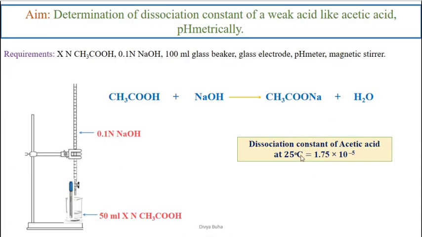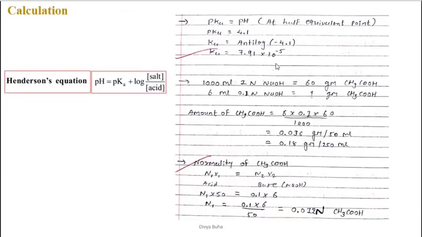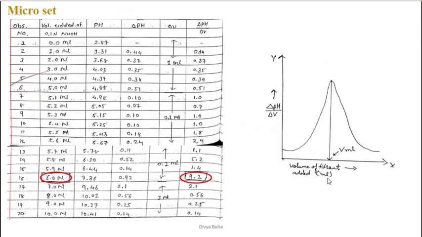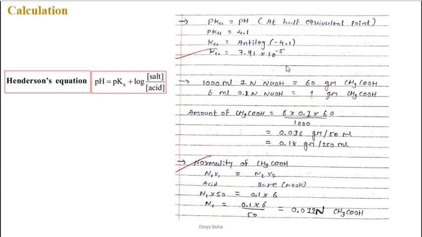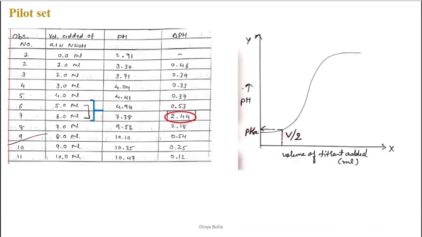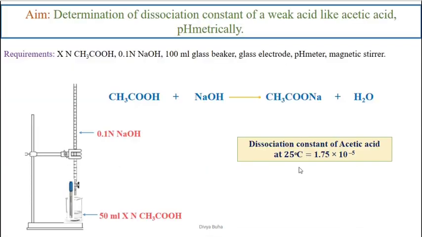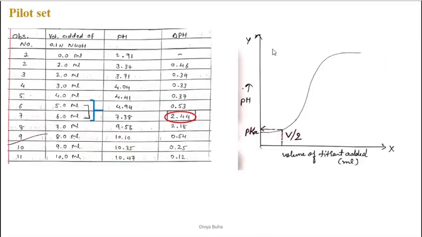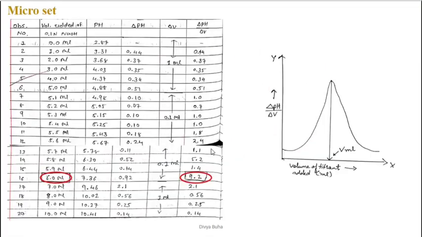Over here the standard value at 25 degrees Celsius is 1.75 into 10 raised to minus 5. So both of these values are in 10 raised to minus 5. The value is quite near to the standard value obtained at 25 degrees Celsius. And as I told you, the dissociation constant value would change with the change in temperature. So there could be a possibility of slight change in the value. But since you are getting it in 10 raised to minus 5, the value is very near to the accurate value which you can get at 25 degrees Celsius. So in this way, you can easily determine the dissociation constant values.